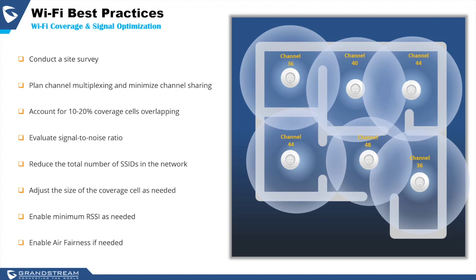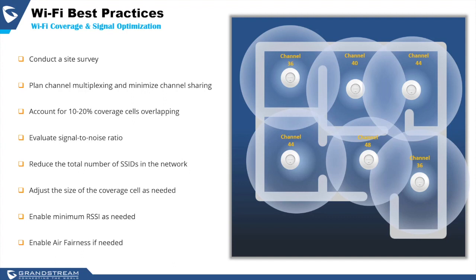In this example, we're using 4 non-overlapping 5 gigahertz channels. So we are using 36, 40, 44, and 48. We assign them in a way to avoid co-channel interference, which is basically when you have 2 overlapping coverage cells sharing the same channel. Also account for 10 to 20% coverage cell overlap, so that wireless clients can always have a good signal and